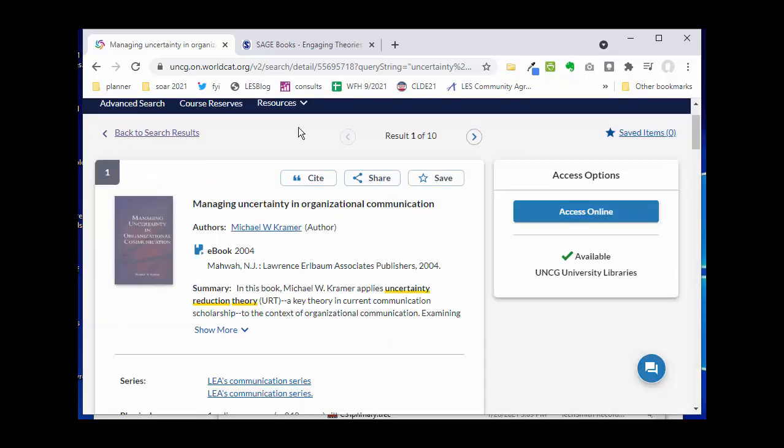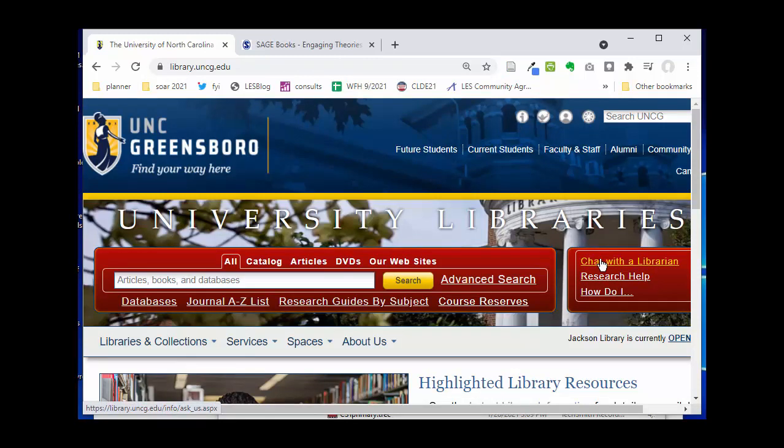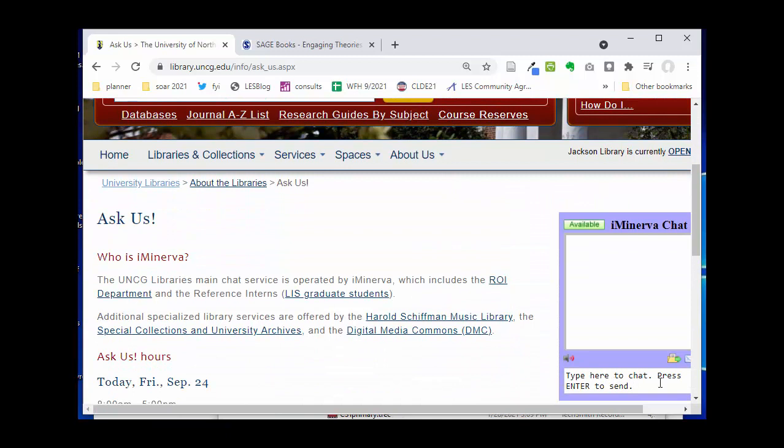So that's just a brief overview of the catalog. It may not have felt brief to you, but there's so much more I would love to share. But if you do have questions about using our library catalog to find books and book chapters, please reach out to me. If you have a quick research question, you can always use that chat with a librarian. If you want to say, okay, why isn't this link working, for example, or again, you can always reach out to me, Jenny Dale,